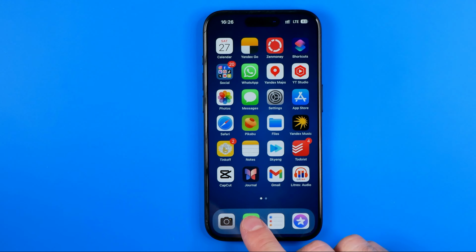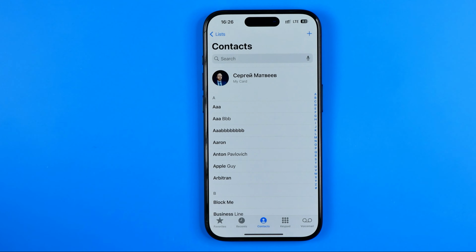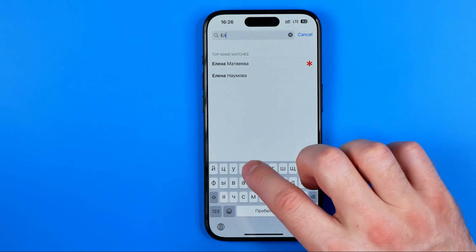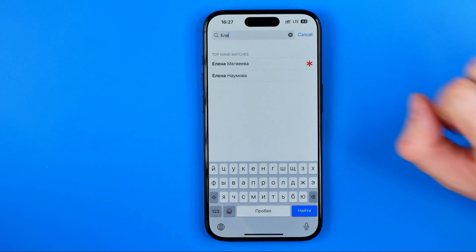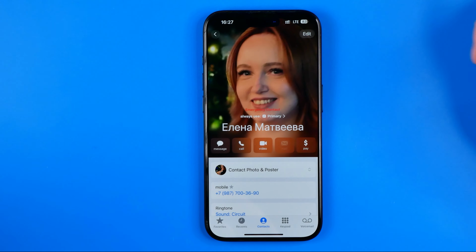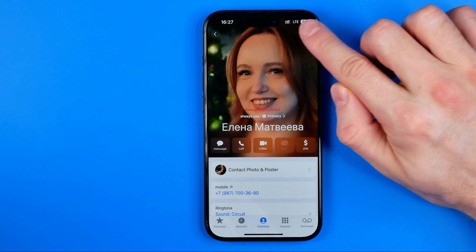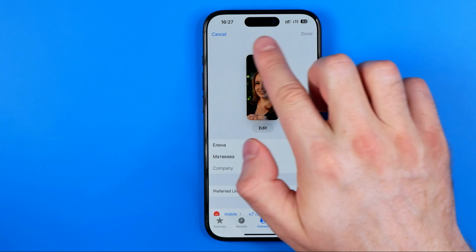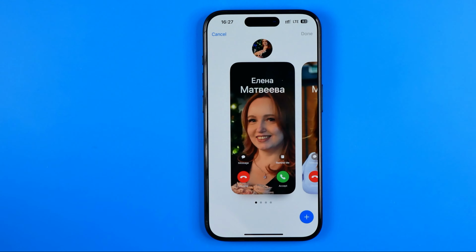Let's get started, guys, and first off we need to head over to the Phone app, then tap right here to go to Contacts. Then you can use search to search for a particular contact in that way. And here if we tap Edit at the top right and then Edit under the contact poster,